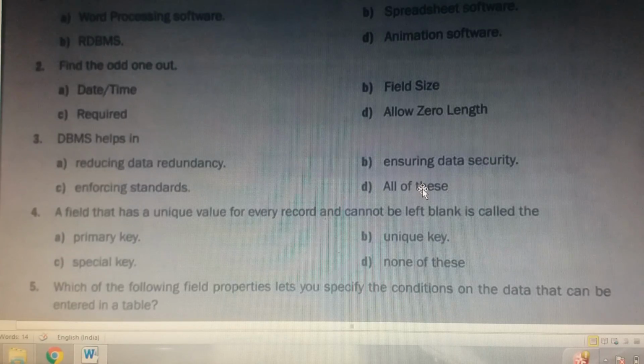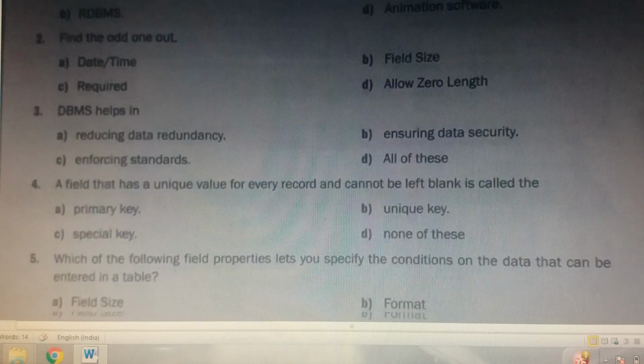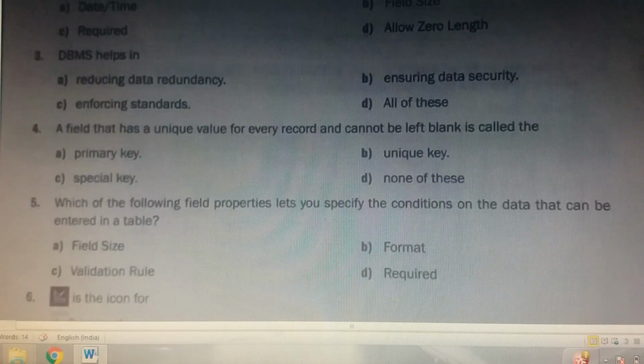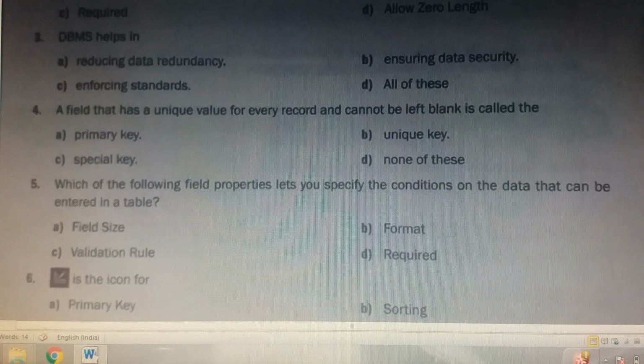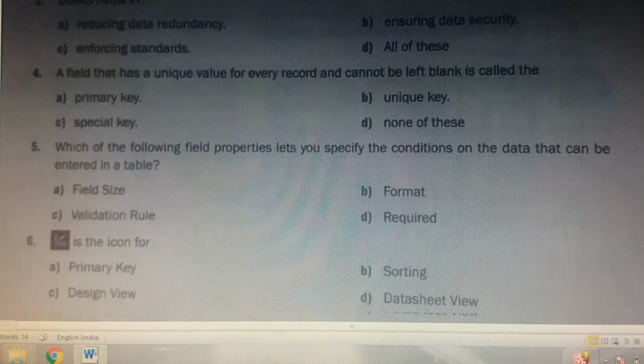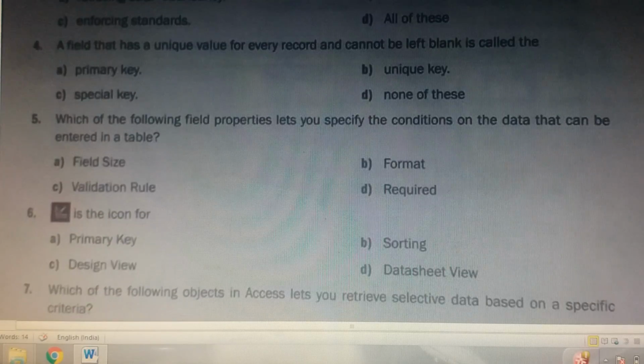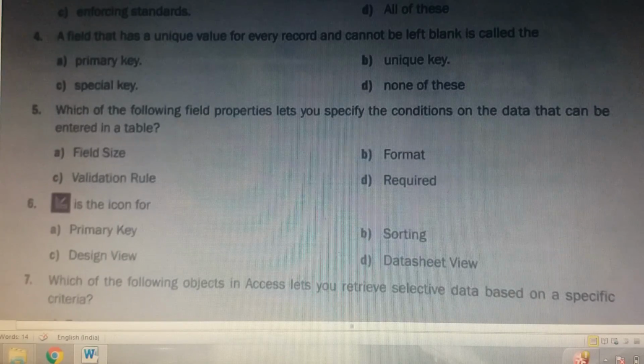Now a field that has a unique value for every record and cannot be left blank is called a primary key. As if I am storing the records of you students, which value will be unique for all? Your name? The same name can have multiple students.